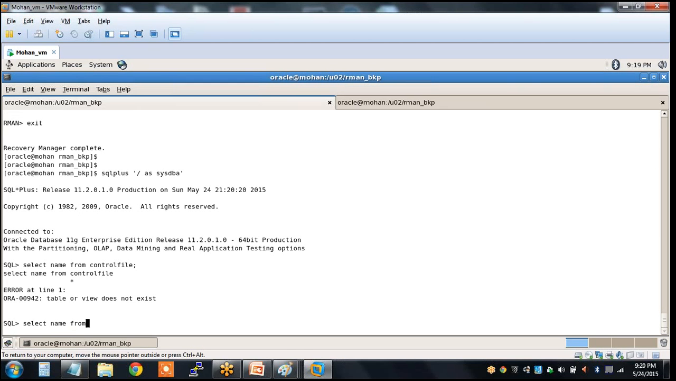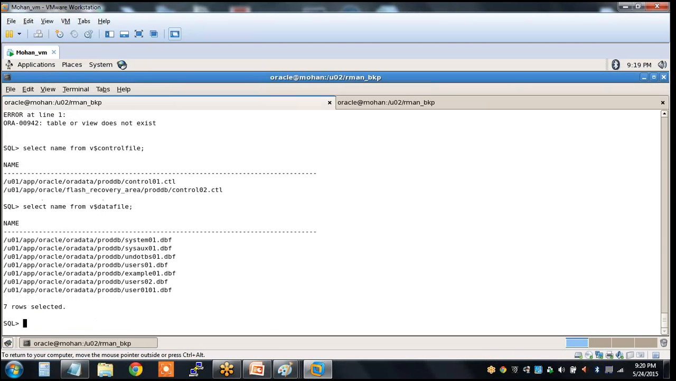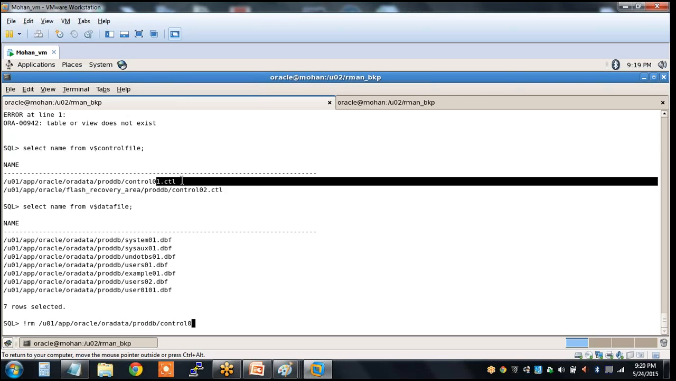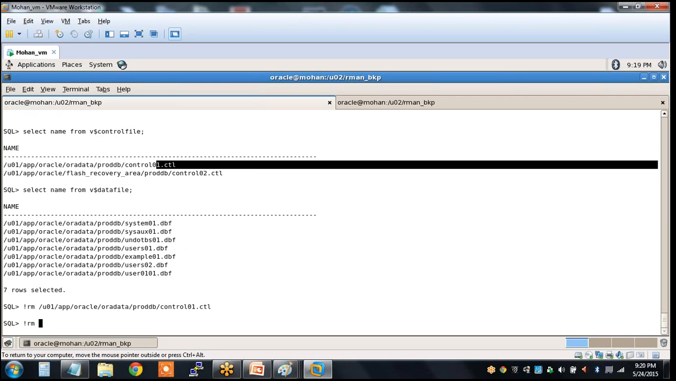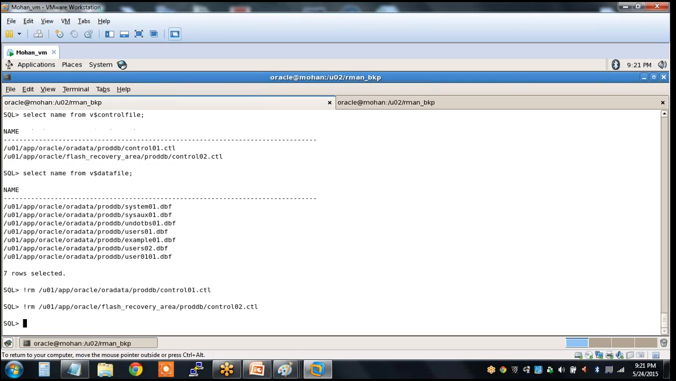select name from $control file, select name from $data file, okay, RM. So we are simulating a failure, control 01.ctl. Now we are also removing the second control file. So RM